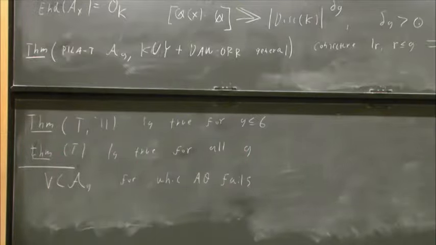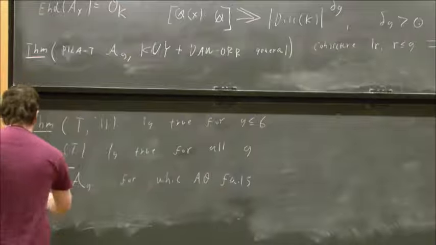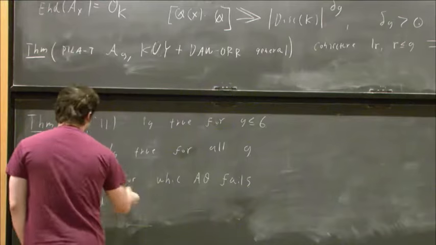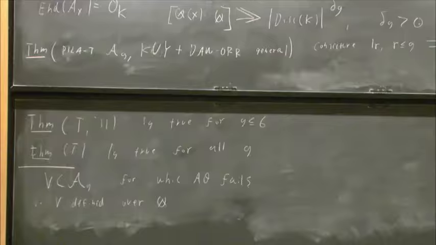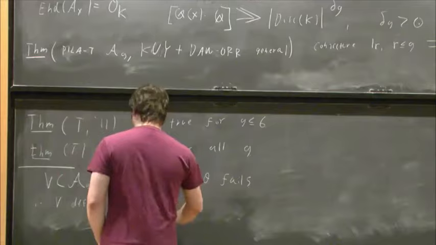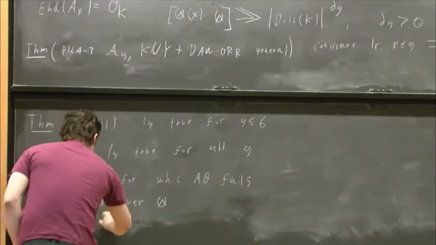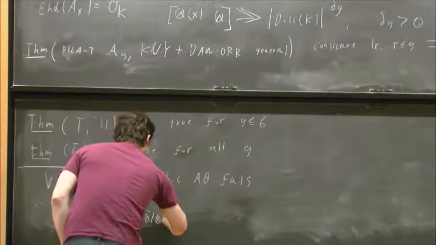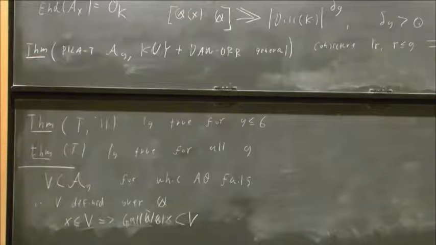Then V is defined over Q bar, because it's the Zariski closure of a bunch of Q bar points. So V is defined over some finite number field. And I'm going to cheat and say that V is defined over Q, which you can make happen anyways by taking a finite union of conjugates. And so the observation is just that if X is a CM point which is in V, then the entire Galois orbit of X is also inside V. That's because that's how algebraic varieties work.